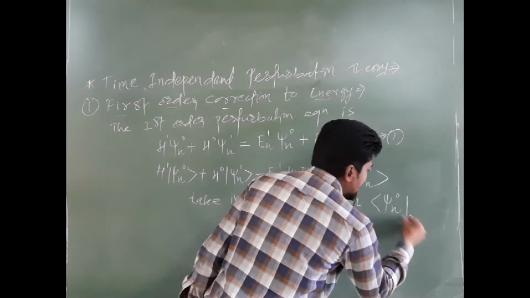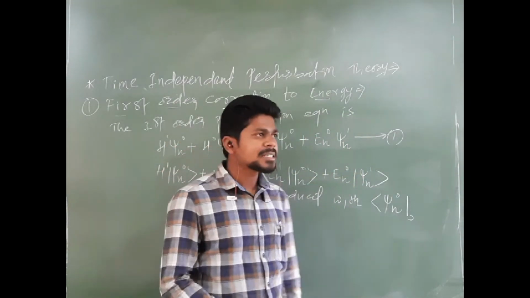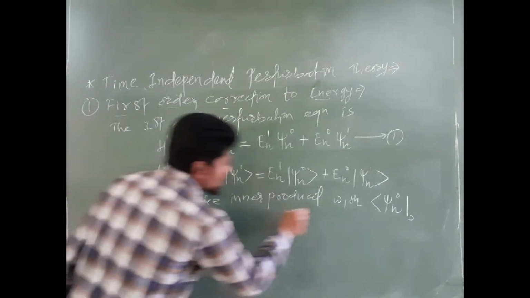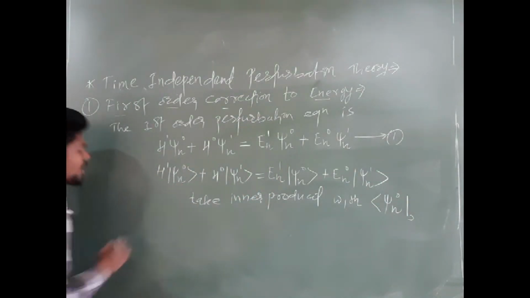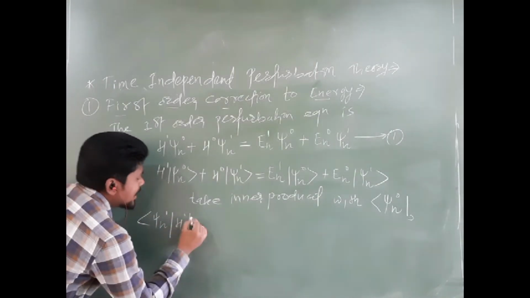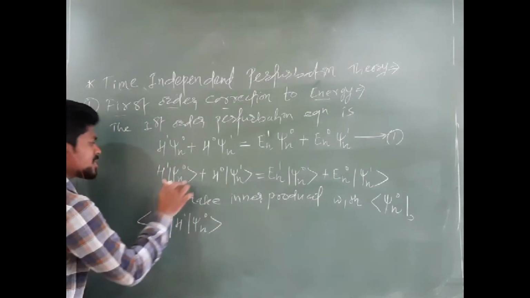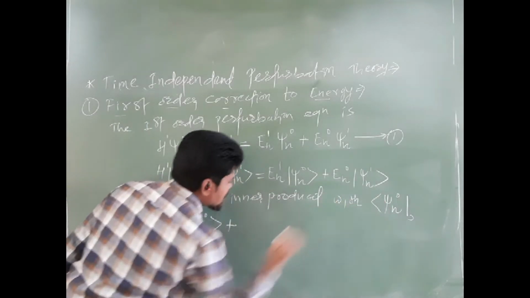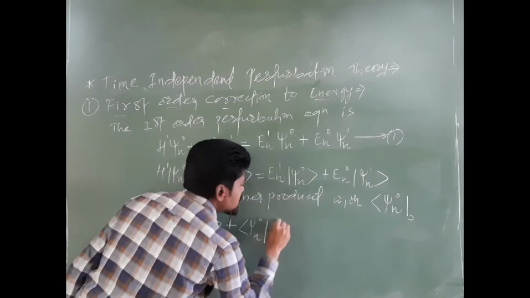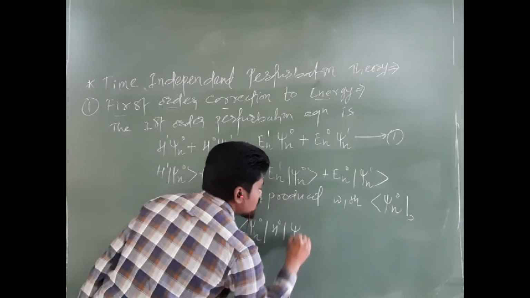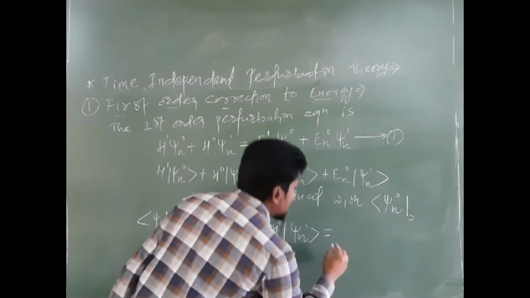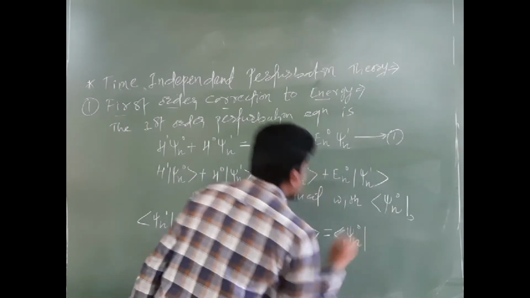आणि श्रोडिंगर्स थेअरीच्या भाषेमध्ये आपल्याला जर सांगायचं असेल की इनर प्रॉडक्ट म्हणजे दॅट इंटिग्रेटिंग psi star psi d tau, it is same. So after taking inner product with this psi n naught, we will get this equation as: Bra notation of psi n naught, h prime, Ket notation of psi n naught, in the same sense plus Bra notation of psi n naught, h naught, Ket notation of psi n prime, equals to, again, psi n naught, E n prime, psi n naught.